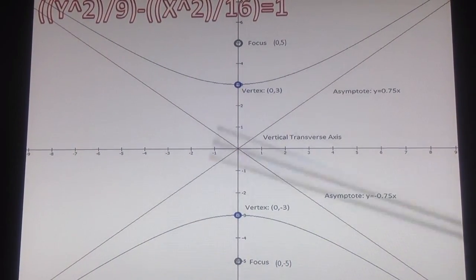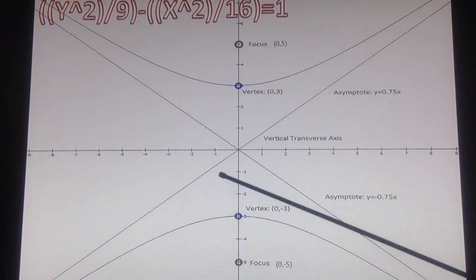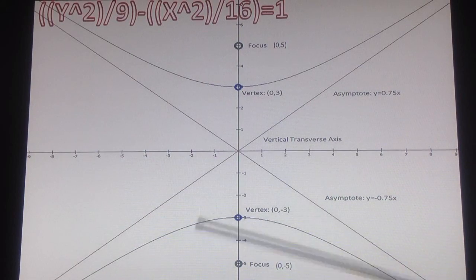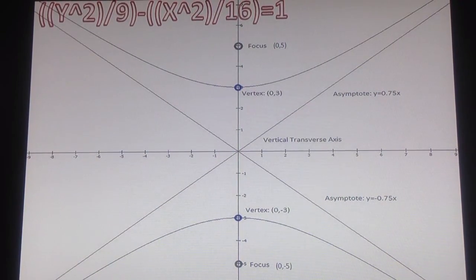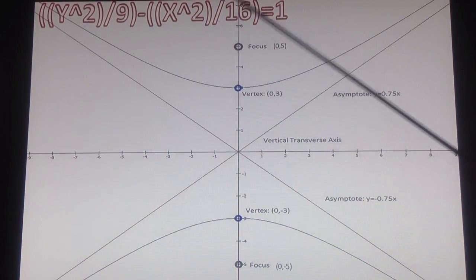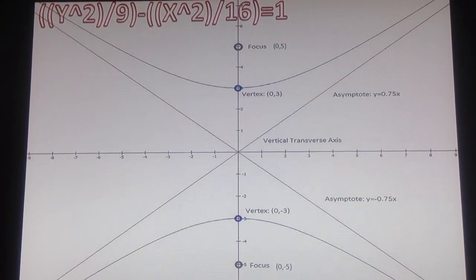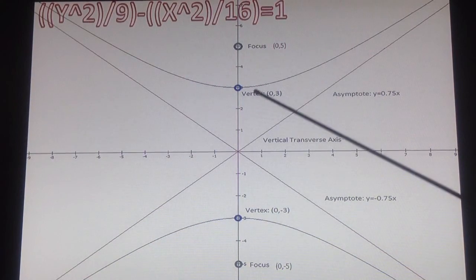It has a vertical transverse axis since y is positive, so the vertex is 0, 3, and 0, negative 3. The value of the focus is c squared equals a squared plus b squared, so c squared equals 9 plus 16, so c equals 5, and lies on the vertical transverse axis, so the foci are 0, 5, and 0,